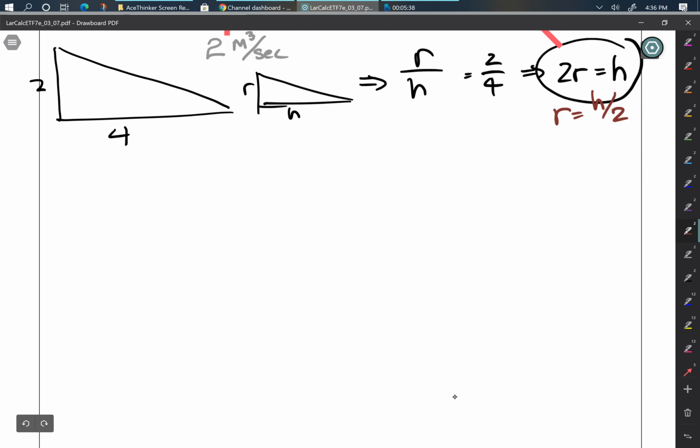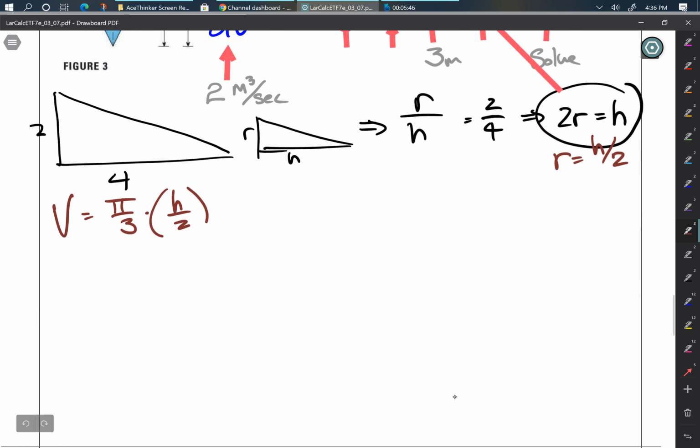Rewrite the original problem as volume equals pi over 3 times (H over 2) R squared times H, which gives me pi over 12 H cubed. And then when I take d/dt,